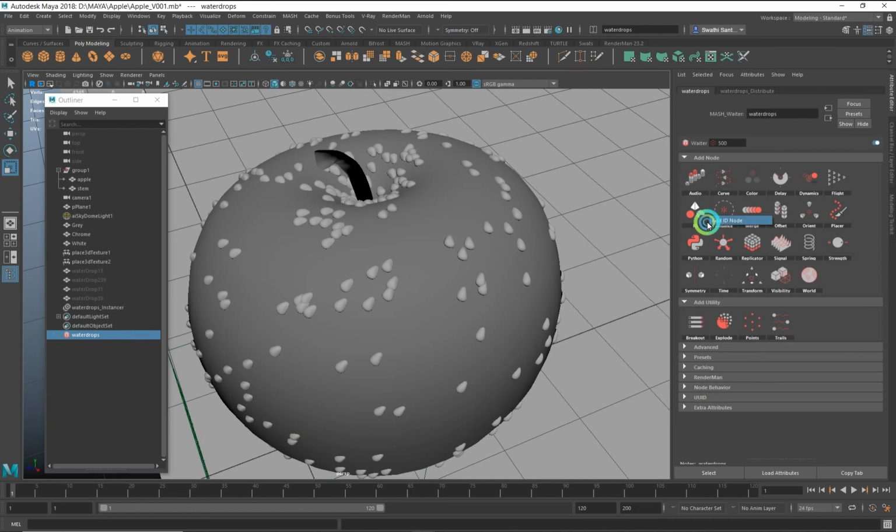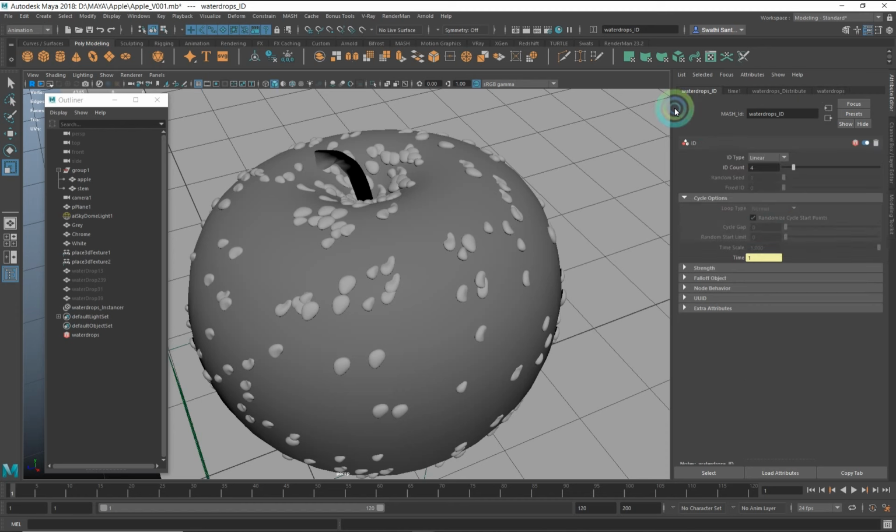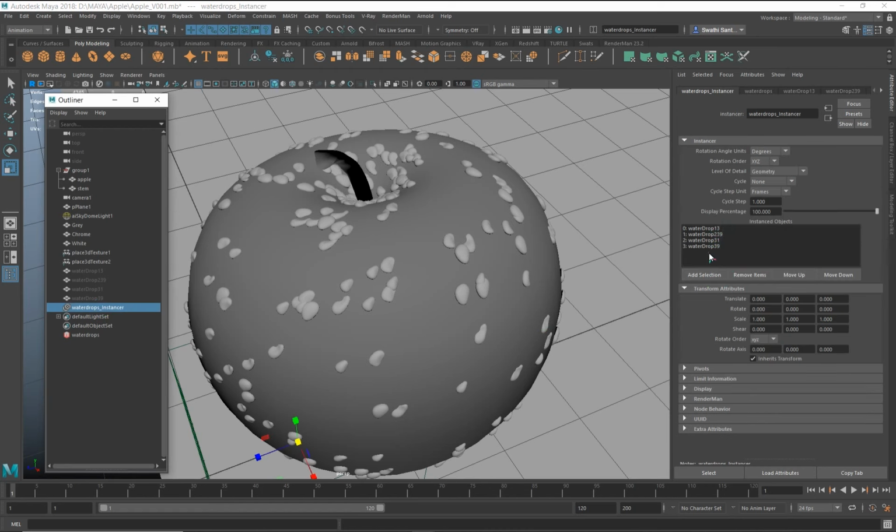an ID node to the mesh. If we come to the mesh tab, create an ID node. So the ID is created, and we have to select random so that it will randomly take any one from the 4.